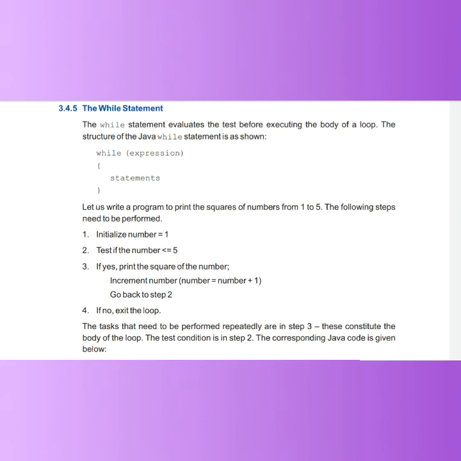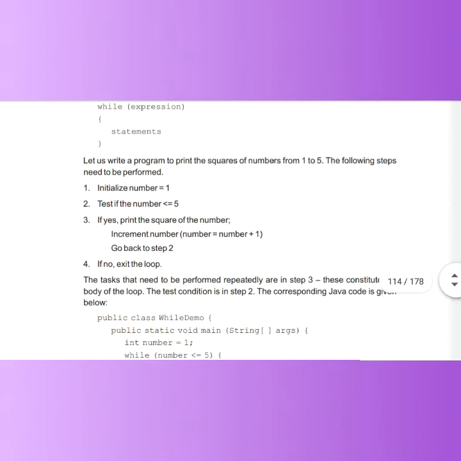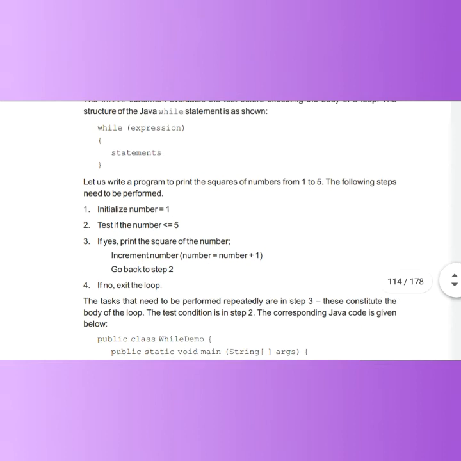Now test if the number is less than or equal to 5, as we have to take the squares of only numbers 1 to 5. So we'll check the condition that the number is less than or equal to 5. It will execute the code only if the number is less than or equal to 5.